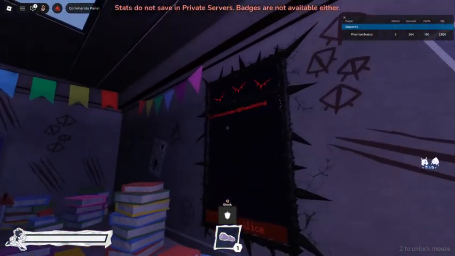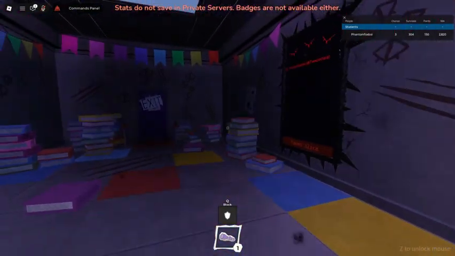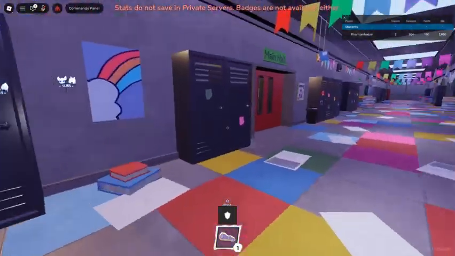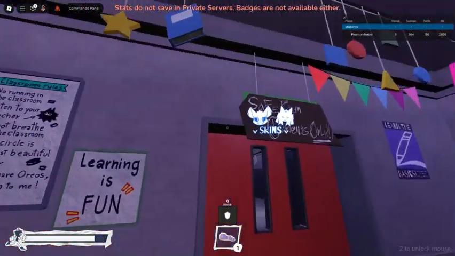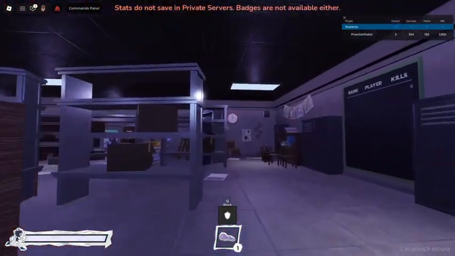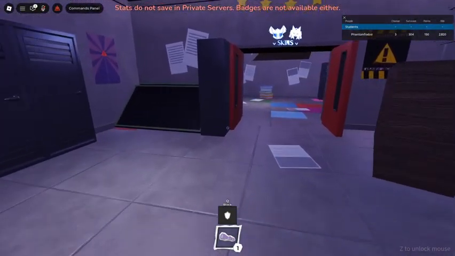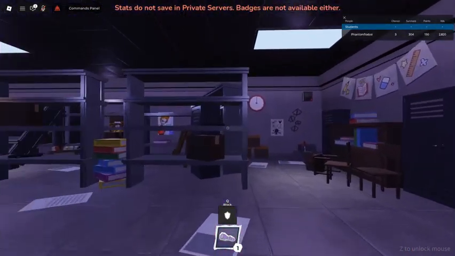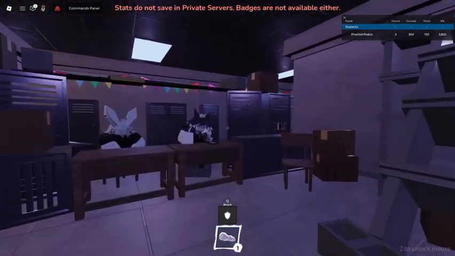Now, as you can see, my name is up there. That's because I actually have the game pass for Alice. So, yes, Alice is a playable character in this. Speaking of playable characters, let's actually go to the skin shop over here. So this is the skin shop. Now, there is a day and night mode in this game, by the way. And the skin shop is only open during the day. So since I have the round paused, it's going to stay on day so we can see the characters better.